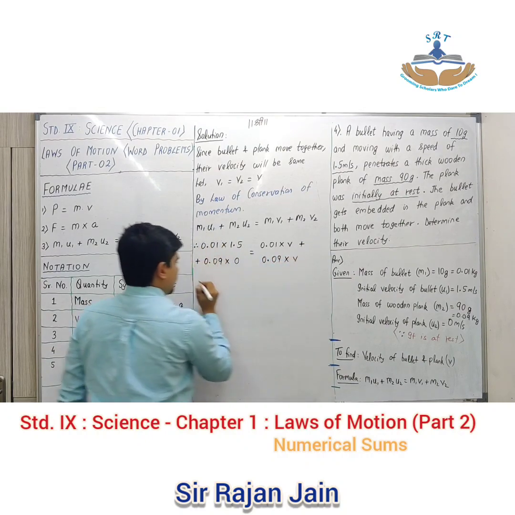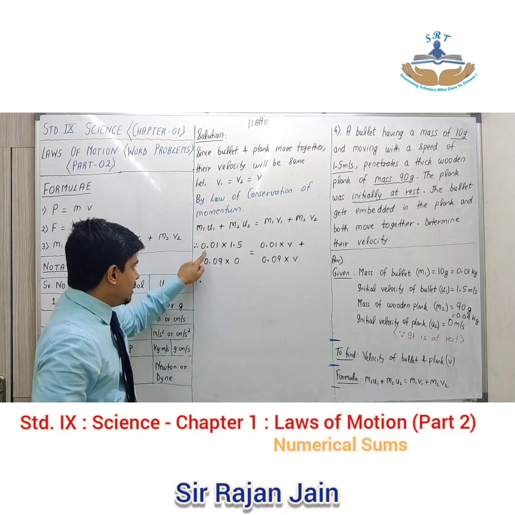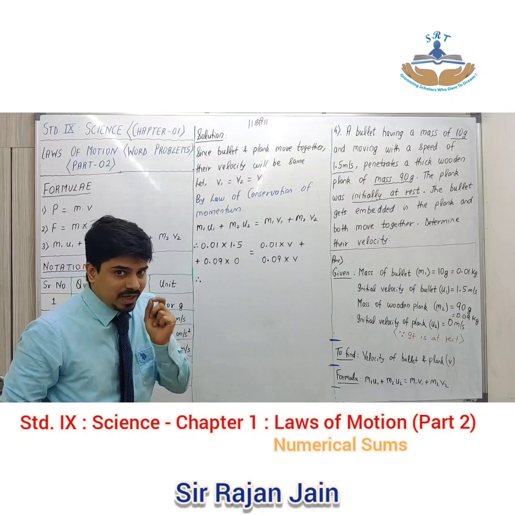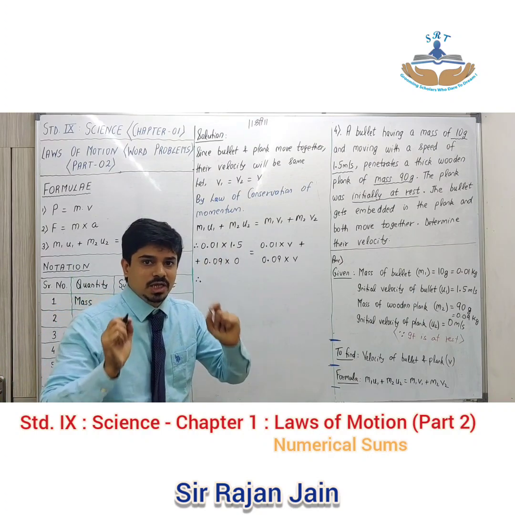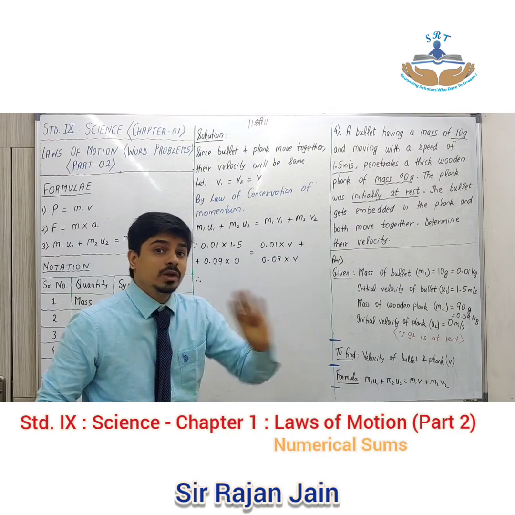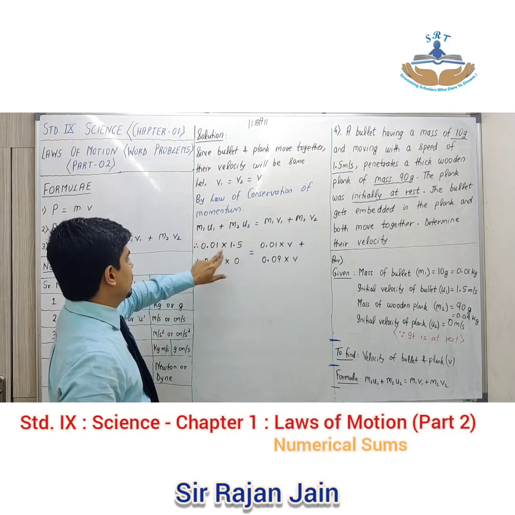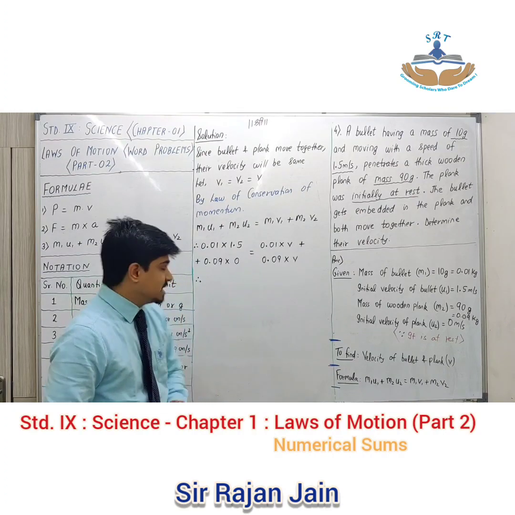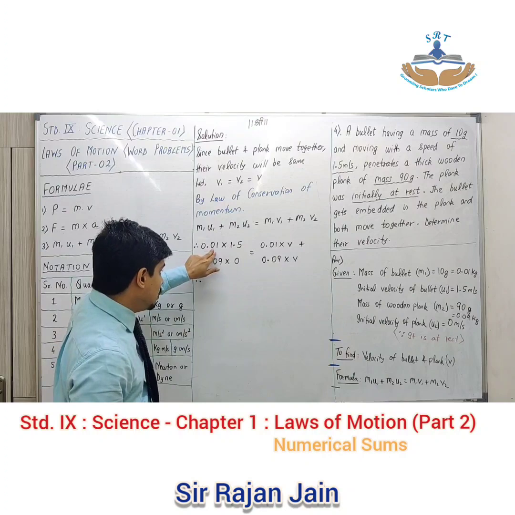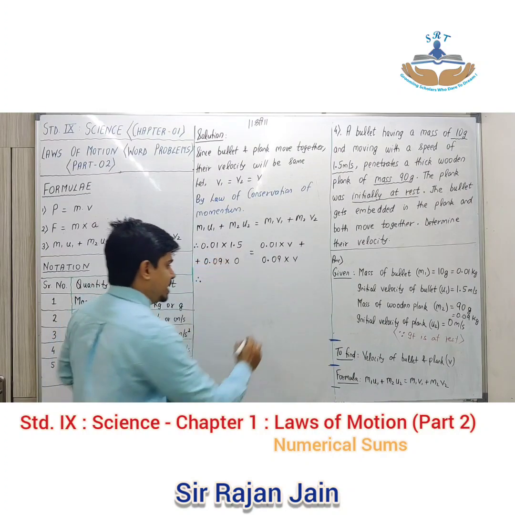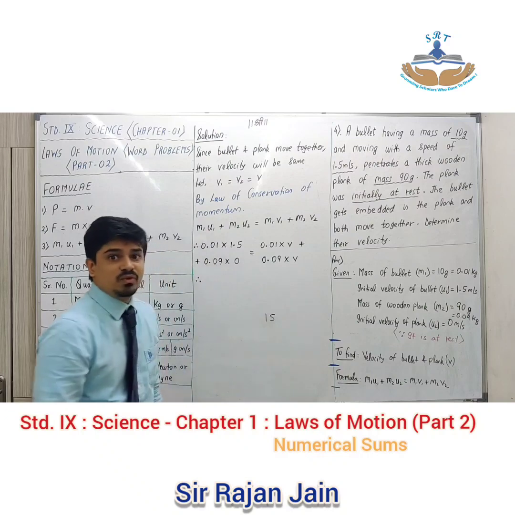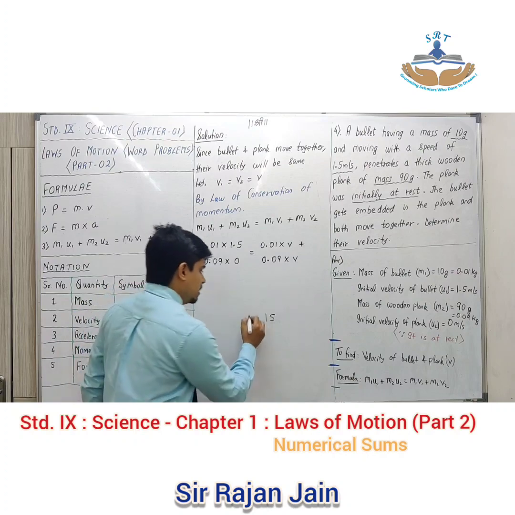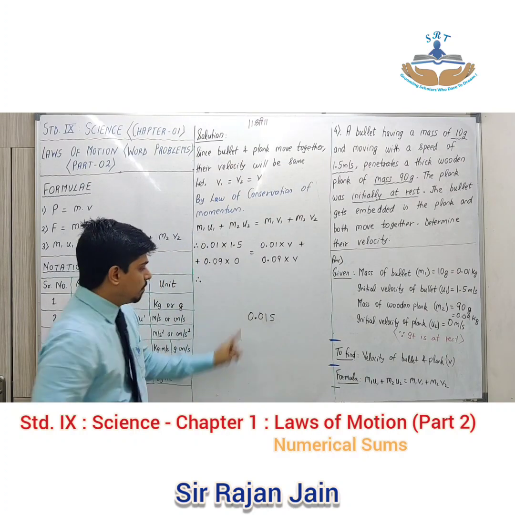0.09 into V. So now what will this become? See, now it is decimal multiplication. What did I tell you in the previous sums also, that whenever there are decimals involved in multiplication, do the initial multiplication by ignoring the decimal. So if I ignore the decimal, the numbers are 1 into 15. 1 into 15 gives you what? 15. Now you check out the decimal. After the decimal over here there are 2 digits and over here there is 1 digit. My multiplication answer was 15. But since there should be 3 digits after the decimal in the answer, I'll write my answer as 0.015.